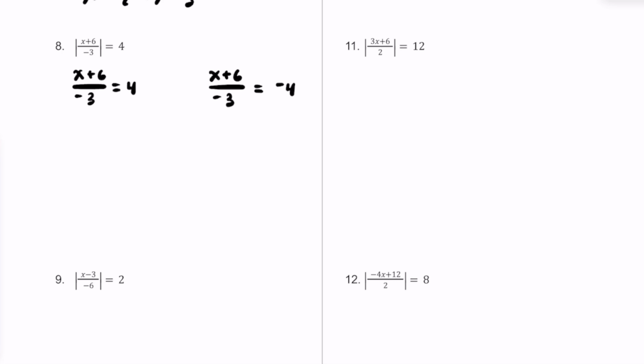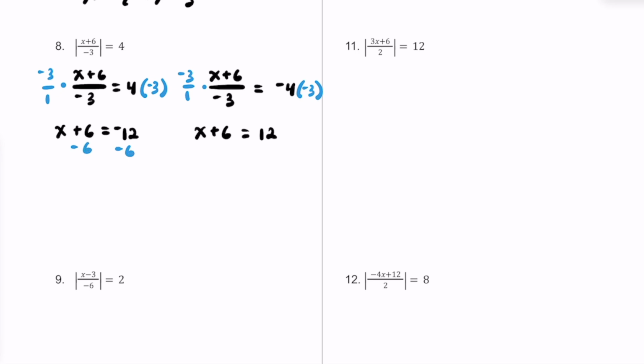So what's the inverse of dividing by -3? Well, it's going to be multiplying by -3. So let's do that to both sides of both of these equations. So multiply both sides by -3. For the equation to the left, -3 over -3 is just 1. So we're just left with this x plus 6. And on the right side of this equation, 4 times -3 is -12. For our other equation, these -3's will cancel out again as well to make 1. So we have x plus 6 is equal to, and then this negative 4 times negative 3 is going to be a positive 12. To solve each of these equations, let's go ahead and just take away 6 from both